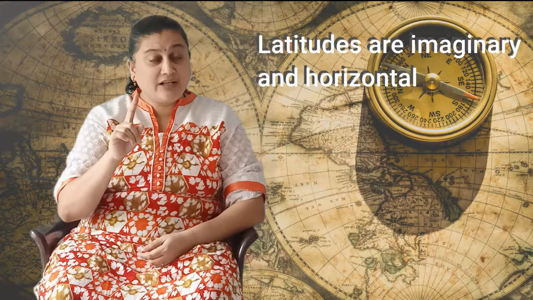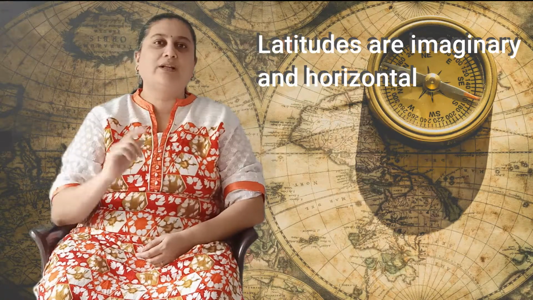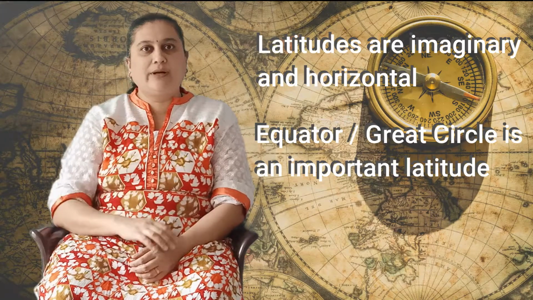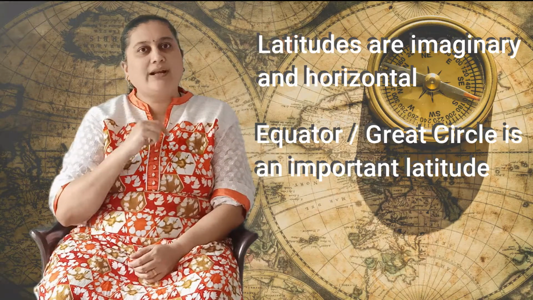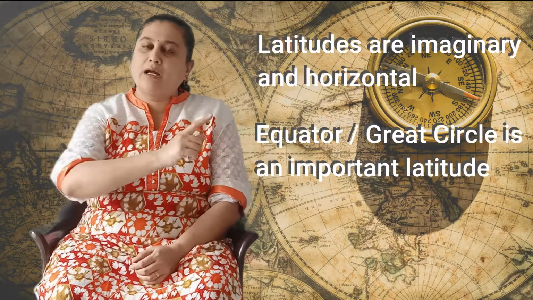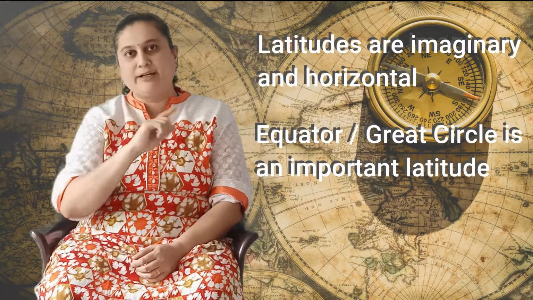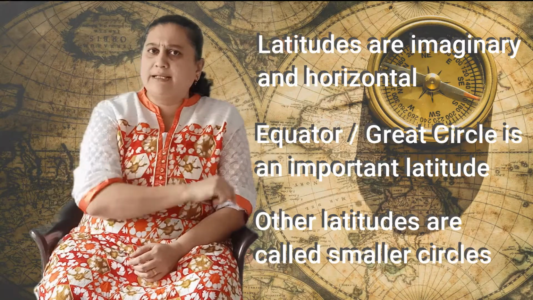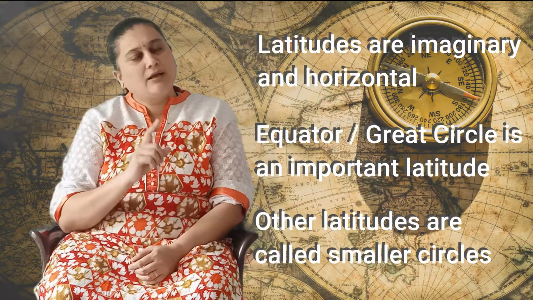Latitudes are imaginary lines and they are horizontal lines. The major latitude that you need to know is the equator. Equator is also called the Great Circle because it is the longest latitude on the entire earth. All the other circles other than the equator are called small circles. All the latitudes in the northern hemisphere are called north latitudes, and all the latitudes in the southern hemisphere are